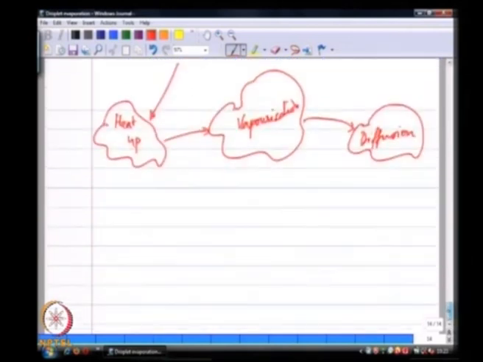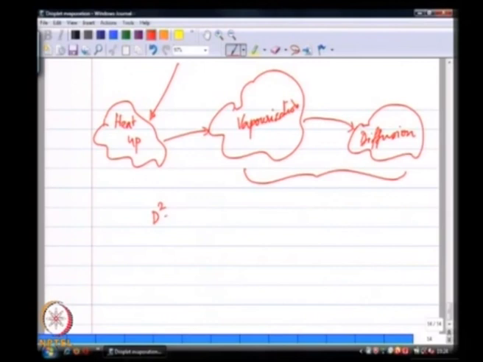Now, if I purely include vaporization and diffusion in a hot field, where the source of energy for this vaporization process is the temperature field around the droplet, then I can still write a d squared law. I will call this K combustion, and that K combustion is given by